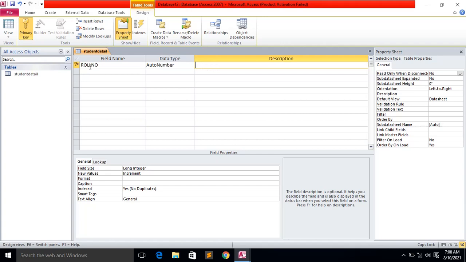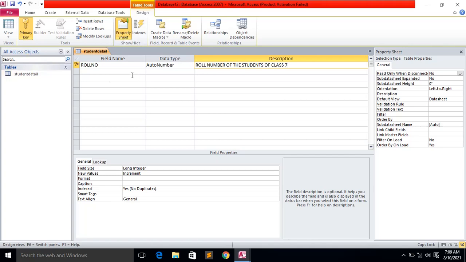You can explain about the field name. What is the field name regarding roll number, whose roll number, you can write like that. Roll number of the student. Description of the field. Okay. So roll number of the students of class 7.